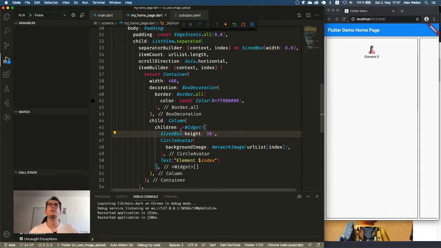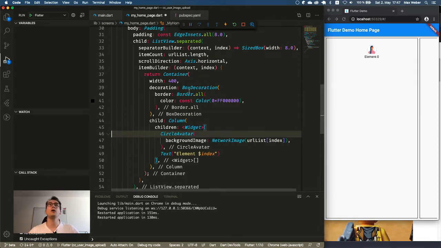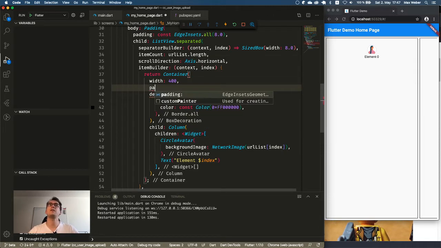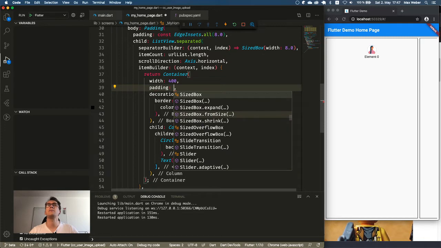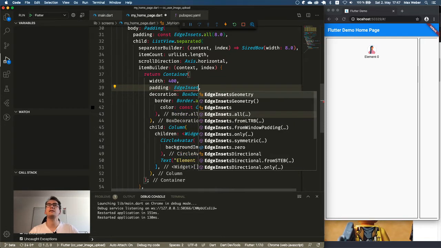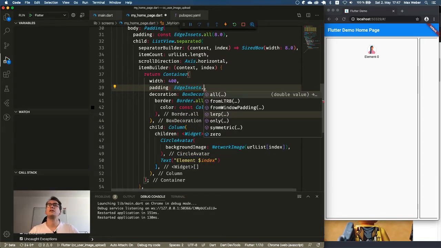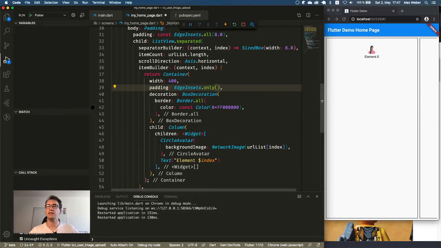What I like more, I think, is creating here a padding in the container and say we have an EdgeInsets.only, and the only allows us to separate all the different levels. So we want to change top to 30. With that, we have the same result, but we don't add a new widget to it, and I think it's smaller to do so.